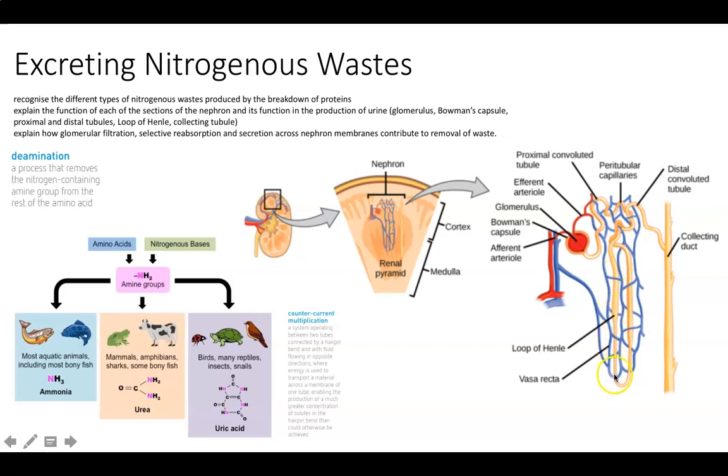This descending loop of Henle is where we reabsorb most of our water back into our blood. You can see that capillaries surround the nephron. Then as we go up, this is where a lot of the salts are reabsorbed, that's sodium and chloride. And that continues in the distal convoluted tubule. Then we get to what's called the collecting duct, and that's where other nephrons join up and empty the waste product. And this is just one last chance to reabsorb the good things from a nephron back into the blood